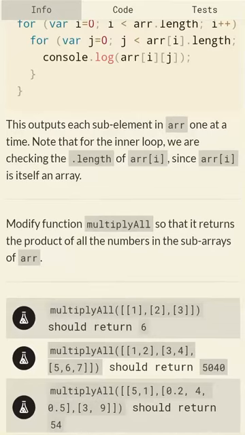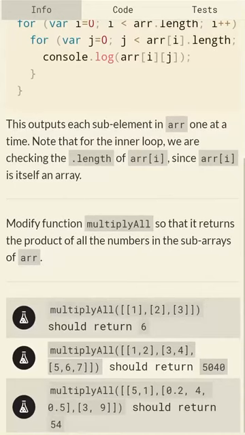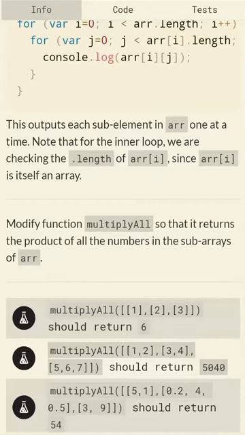So for var j equals 0, j less than r[i].length, since this is a sub array, and then j plus plus. Then you can console log the array with both the element and the sub element, that is i and j. So this will output each sub element in the array one at a time, right?